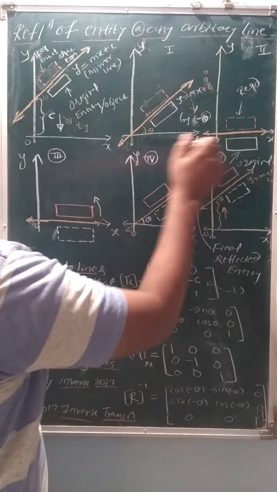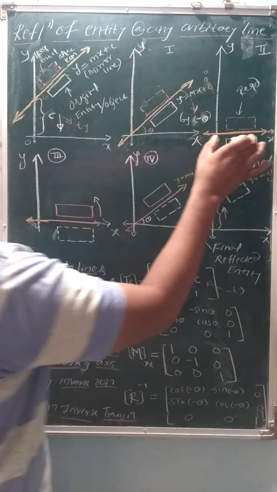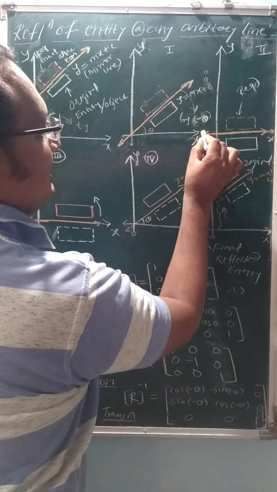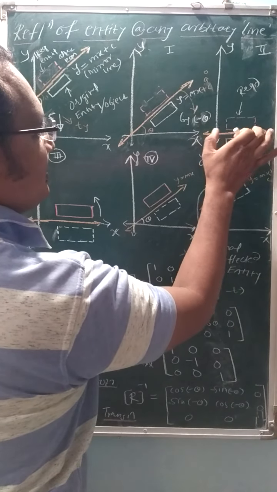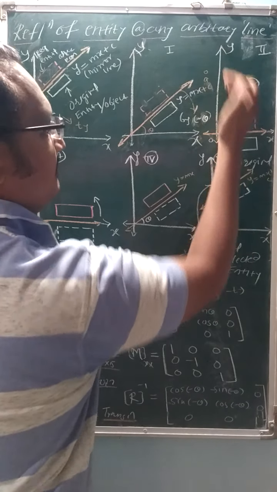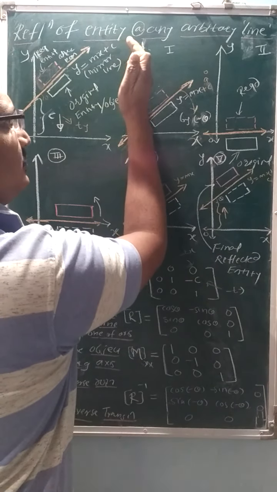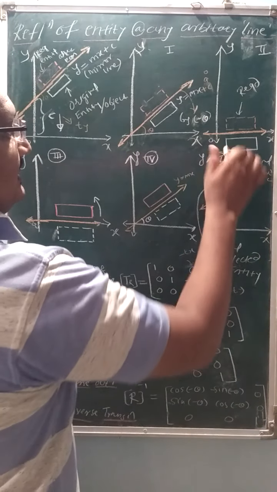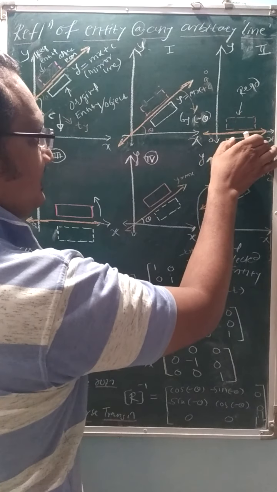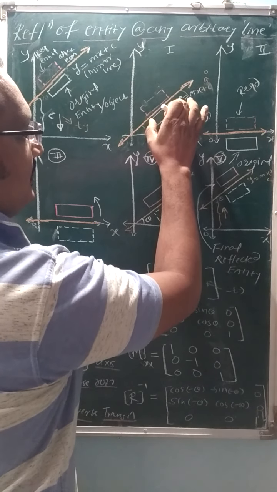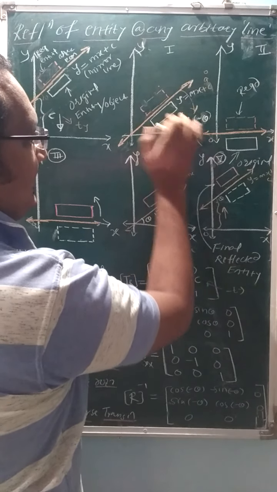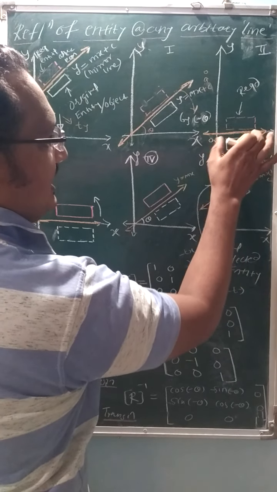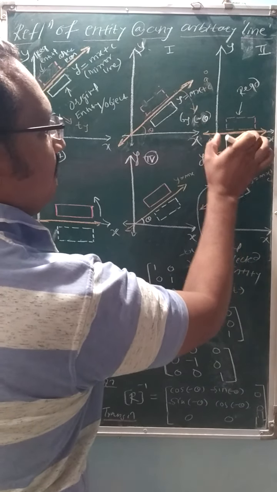After the transformation is achieved, you will get this diagram or graph, wherein the line y equals mx plus c is coinciding with one of the axes. You can coincide it with the y-axis also, but here we are coinciding it with the x-axis. Similarly, while coinciding, this particular image or required entity will also rotate, and if this line is rotating from this position to this position, this diagram comes below this particular line.